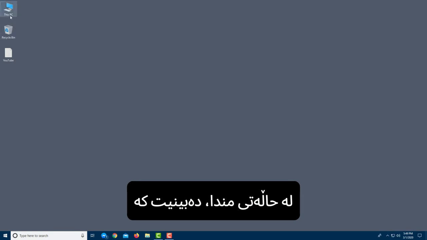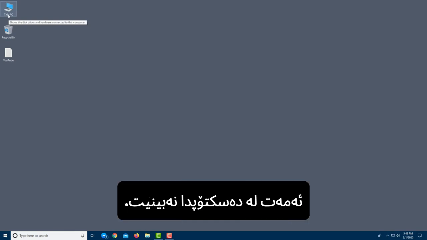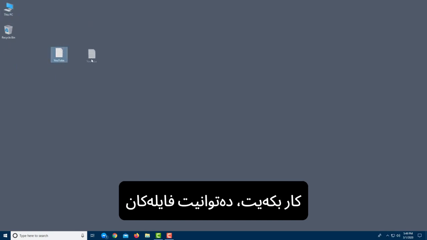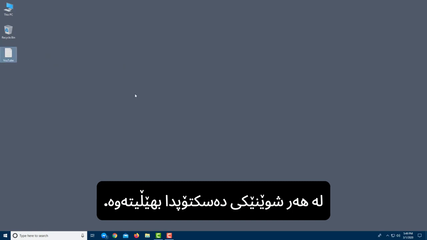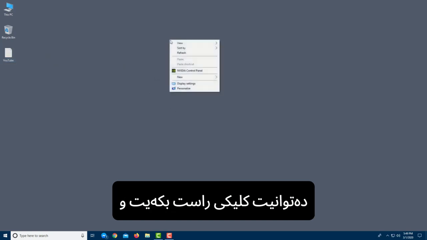So in my case, you can see that there's This PC right here. You might not be able to see this on your desktop, and we'll learn about how to enable those in future lessons. So you can work around with the files, so you can keep the files anywhere you want on the desktop. And if you want to see more options, you can right click, and here you can see that